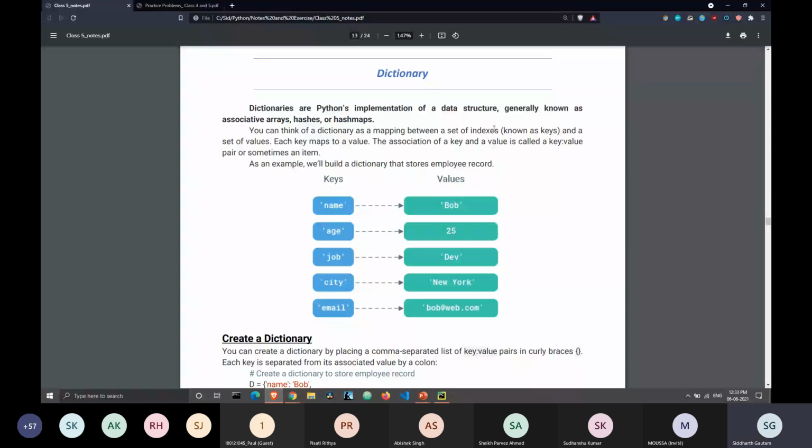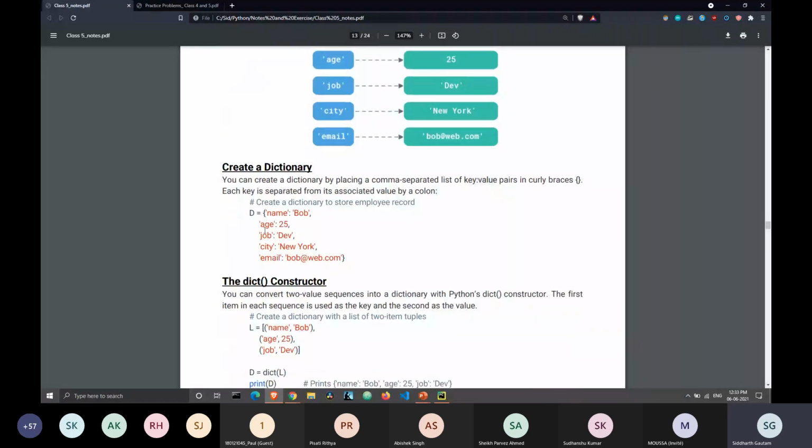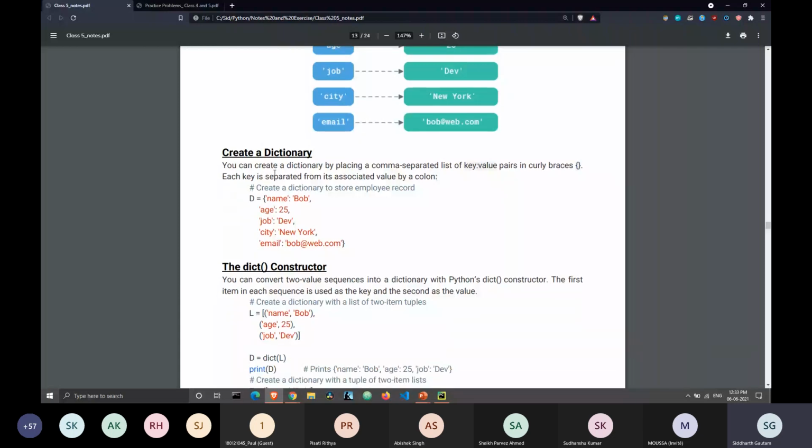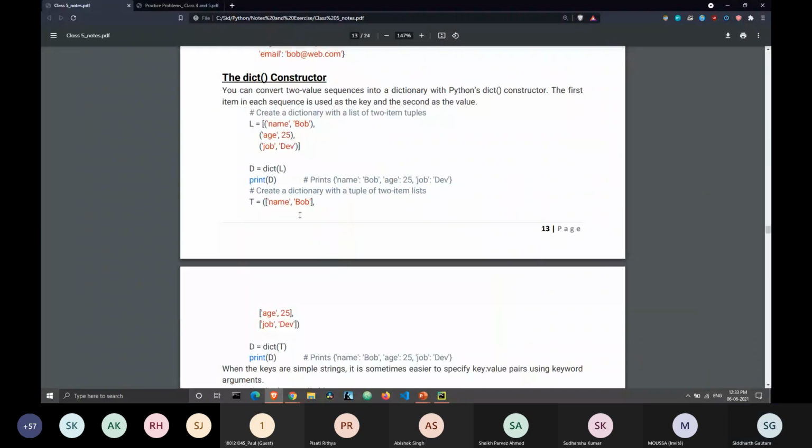All right, so here we have dictionaries. We have already seen how the key value pair works. Creating a dictionary, we have also seen, using curly brackets, with keys and values separated by a comma, and a key-value pair consisting of a colon.